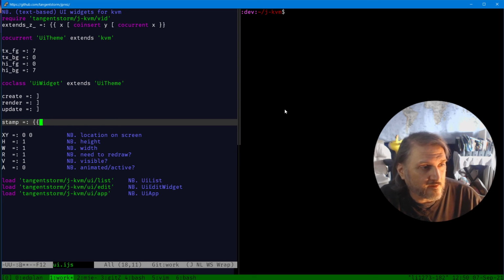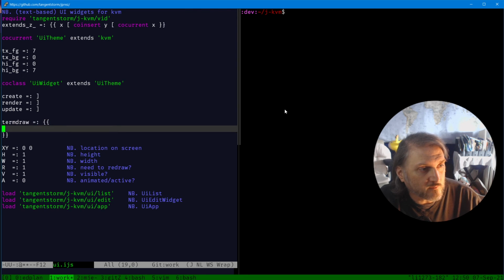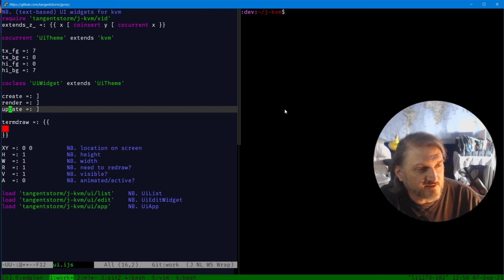I'm going to call it draw on term, render to term, termdraw. Okay, so that will be. So render is how you render to a canvas. So first I need to create a canvas. So just canvas buff is equal to